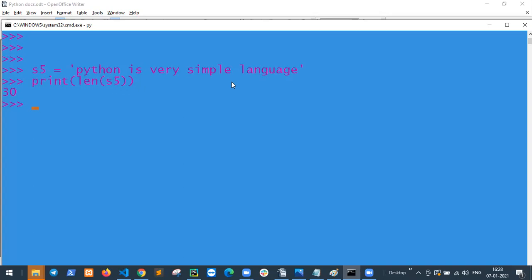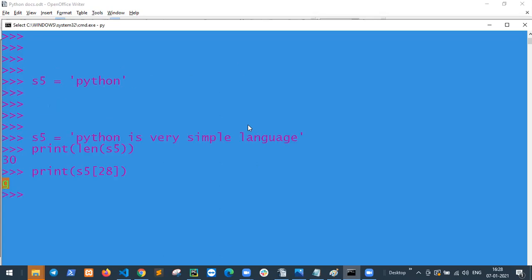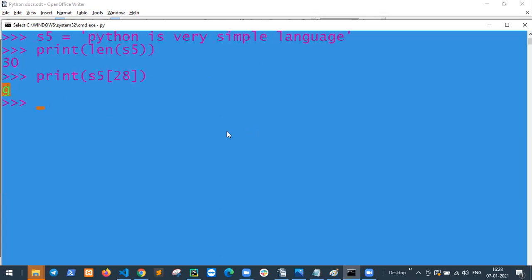So I can easily access. Print s5, this is 28. So G is the 28th character. Space is counted.